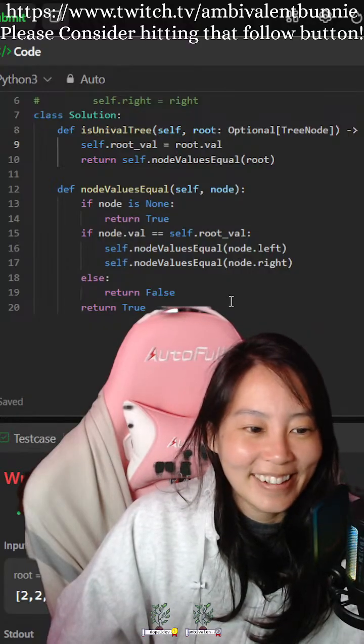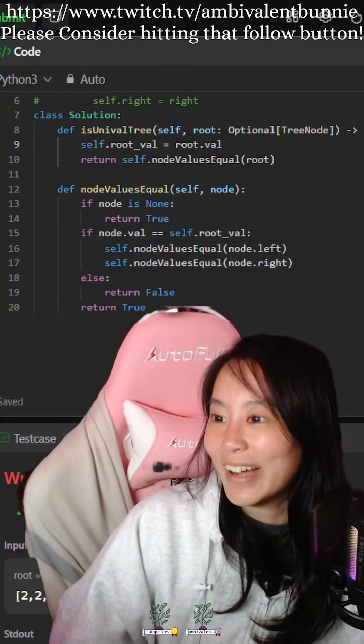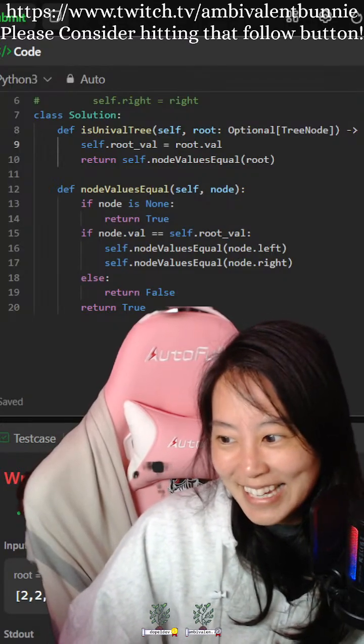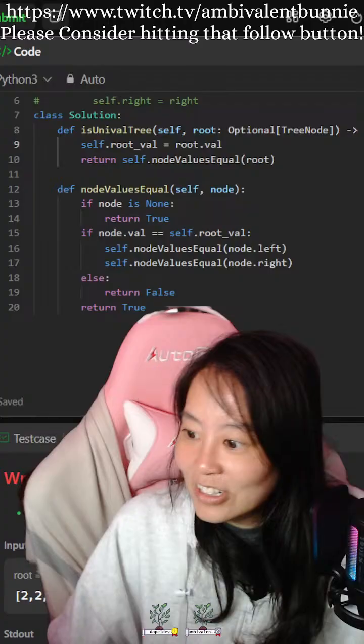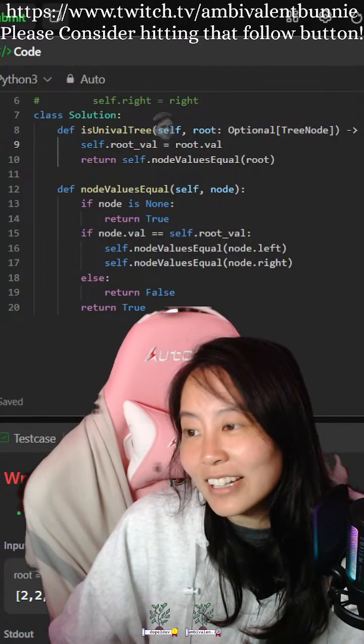Don't know. We never know what the stream is going to be about, but right now it's about binary trees. We'll see if it stays that way.